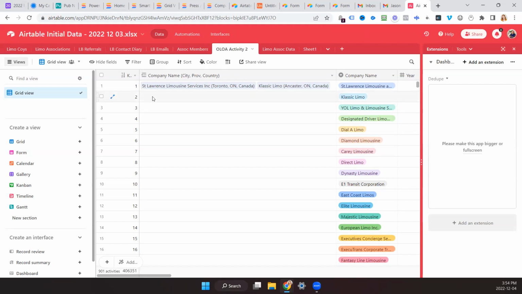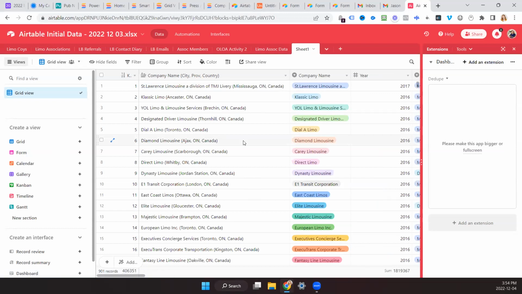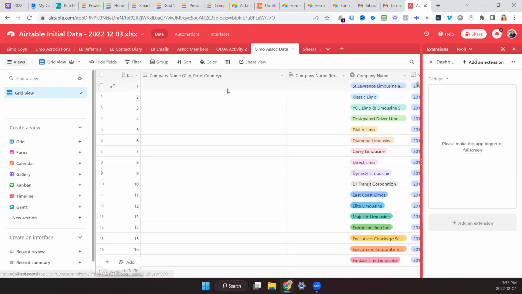I want it to be, in the end, a linked one. So whenever I add anybody to this file, it adds them. But I have almost 1,000 rows of data. As soon as I build the link, it wipes it all out. It took all my, see, I don't have the data in there. If you go to sheet 1, all my data is there. But as soon as I make it a linked field, it wipes all my data out. And is it spelled exactly the same? Yeah, it's the same information.